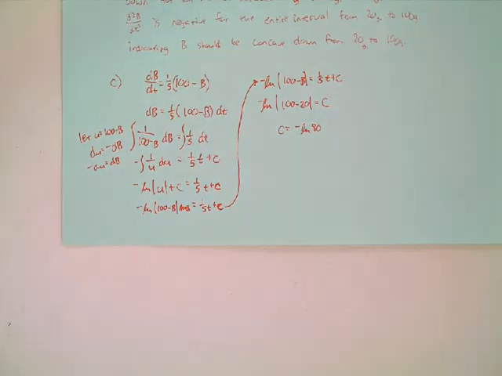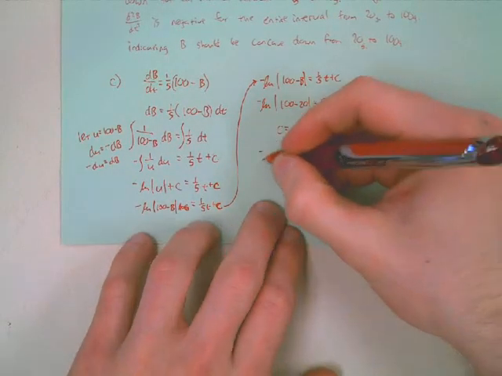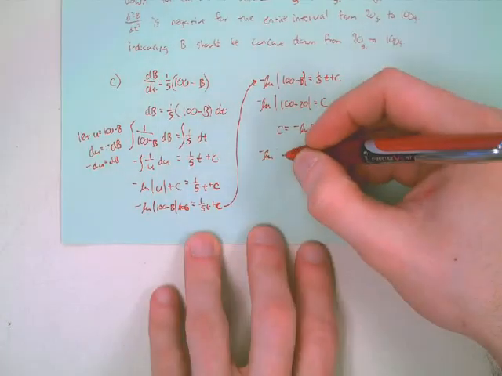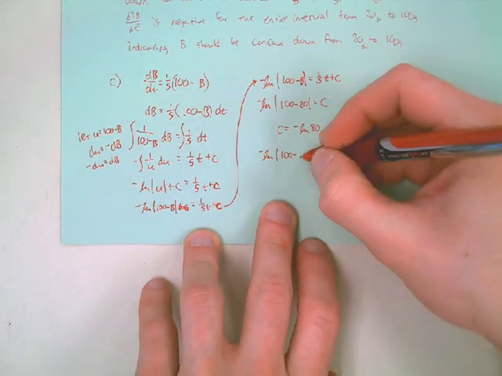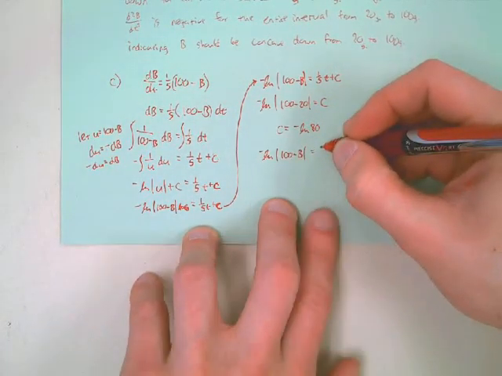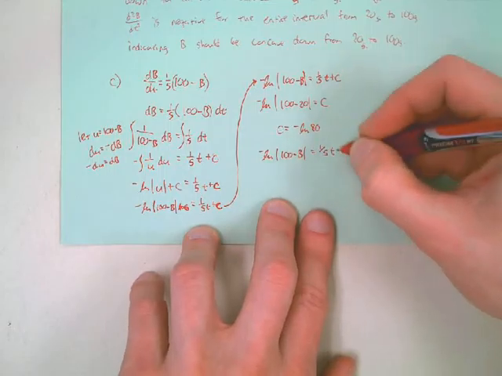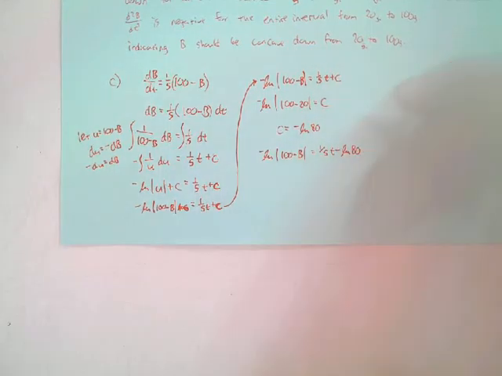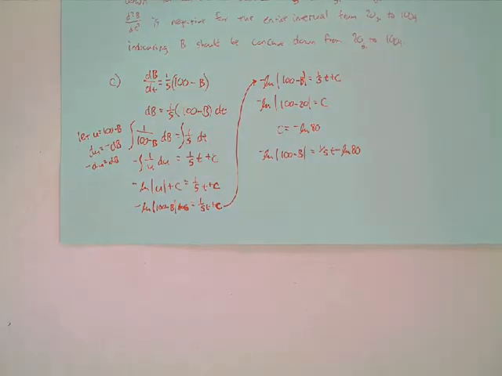Okay, so now what? We have to rewrite negative natural log of the absolute value of 100 minus b equals 1/5 t minus the natural log of 80. Okay, so we plugged it in for c. Are we done? No, I need to